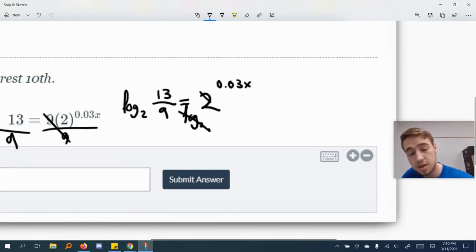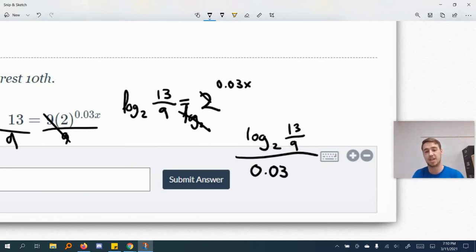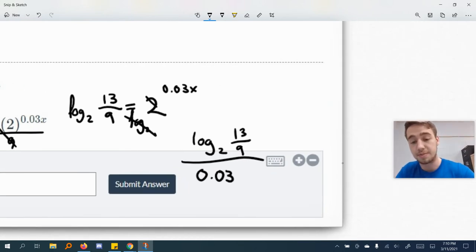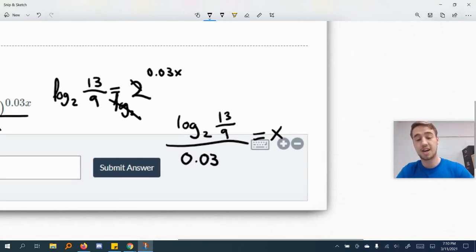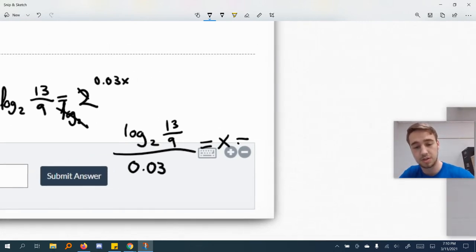So log base 2 of 13 over 9 divided by 0.03, which is going to end up multiplying by 30 and change, is going to be equal to x. So again, on a calculator, we'll do log this divided by log that. So that's going to be equal to